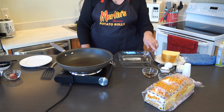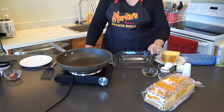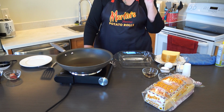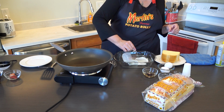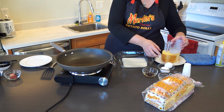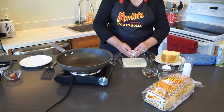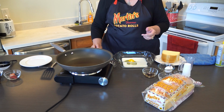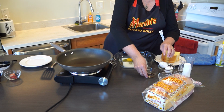Now, it calls for 2 eggs, a 1/4 cup of milk, a teaspoon of vanilla, a 1/2 teaspoon of cinnamon, and just a pinch of salt. So let's get started. First, we're putting in the milk. And then we're going to hopefully crack these eggs without any shells in them. There's one. And here is the second one. And we put in our vanilla